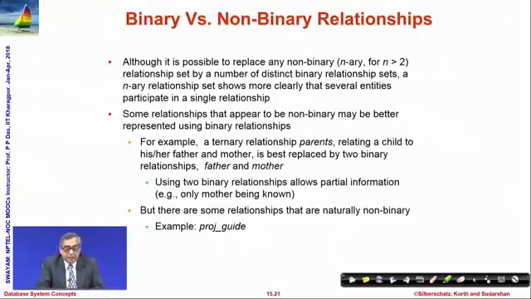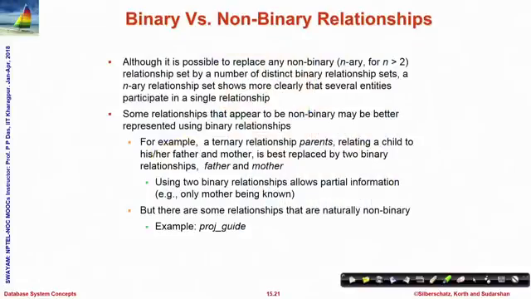For example, if we come to a situation where only the mother is known, the father is not known, I will not be able to represent that, because it will always have to come as a triplet of three persons: the person under consideration, her father and her mother. But if I represent the person and the father in one relationship, the person and the mother in another relationship, then I can take care of the situation where one of the parents is known, and I can still represent this. So, there are certain trade-offs between the choice of binary and non-binary relationships, but obviously,